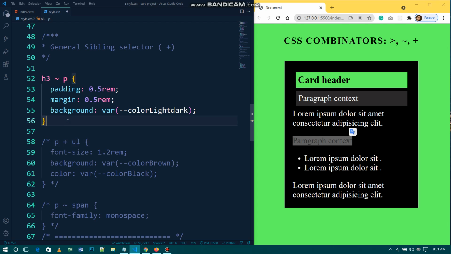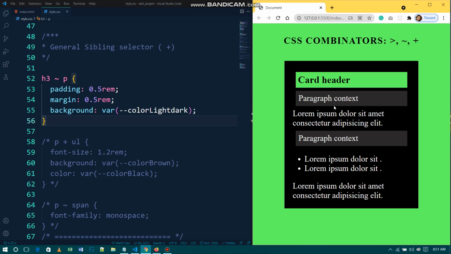So if we save this, look at this, all of the h3's paragraph siblings' styles are changed. We target these general siblings, targeting all the paragraph text.